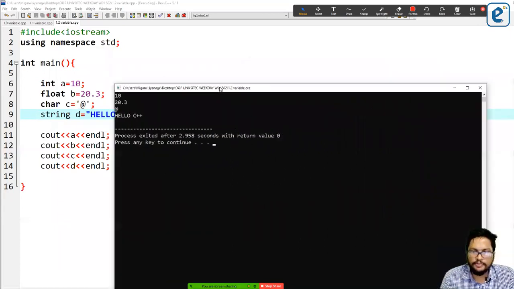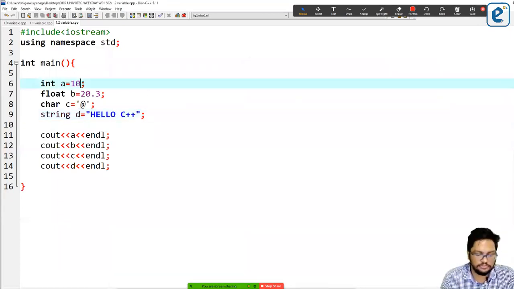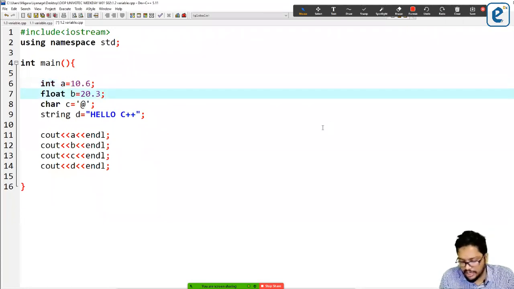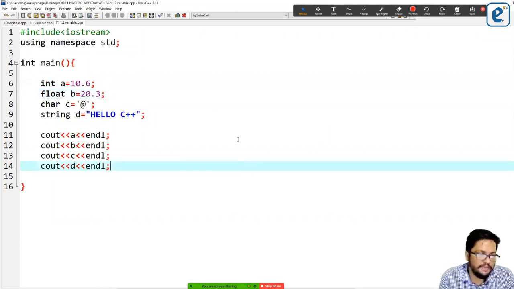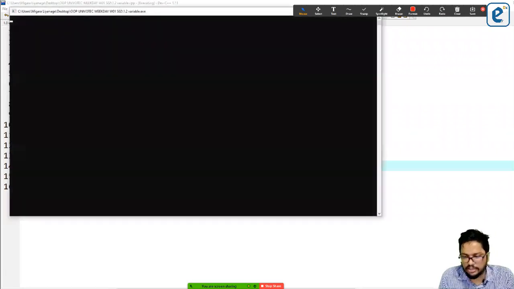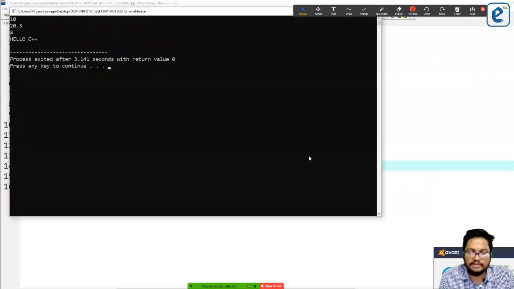Now, what's going to happen here? What do you think will happen? Yes, some issue will happen. 10.6 is a decimal number, but int a can save only an integer, and we are going to put 10.6, a decimal number. You would think it will not work, that some issue will come up. But this works, although the thing is not as we expected.